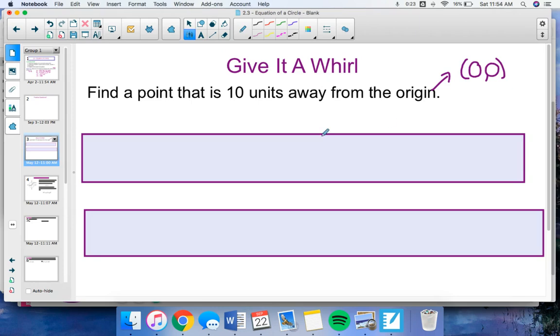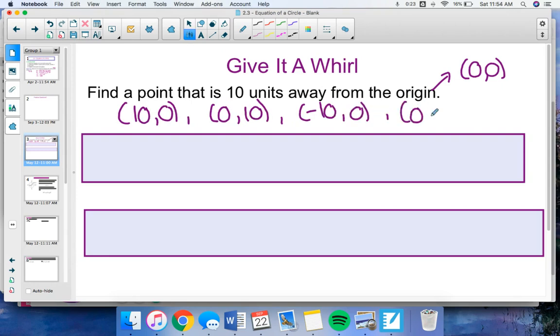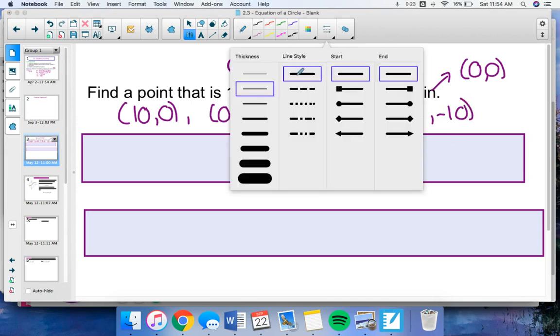Okay. So once again, hopefully you paused. So points that you should have got are 10, 0, 0, 10, -10, 0, or 0, -10. Okay. This means that on our axis,